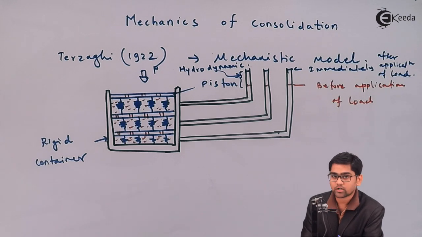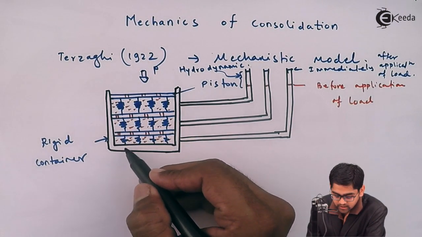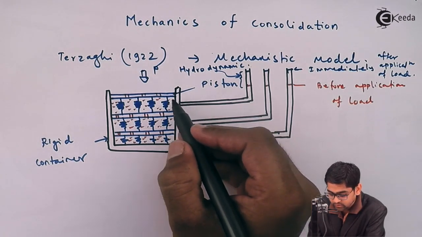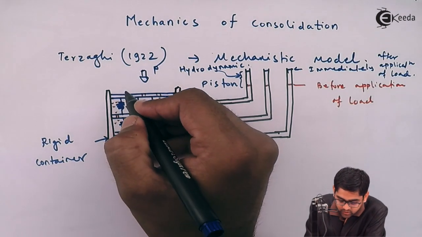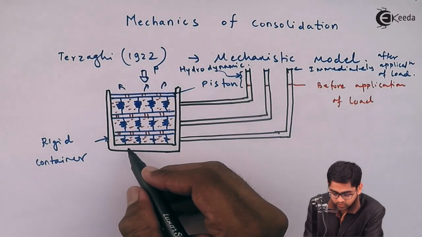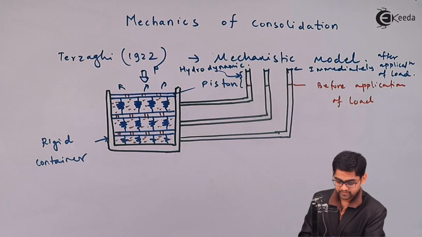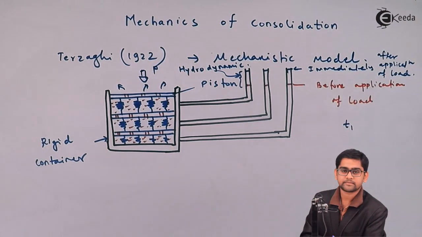slowly the flow will start occurring. But remember, the container is rigid, so no flow will go out through this direction, nor through the downward direction, nor toward the right-hand direction. The flow will only occur in the vertical direction, and that too the flow will come out through the top. Flow will not come out through the bottom. So at the instant of time t1,